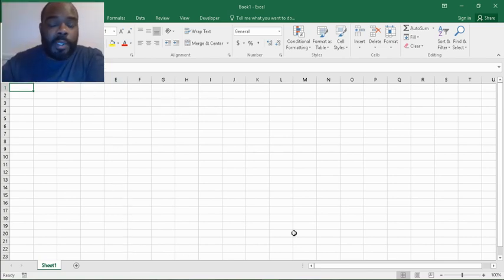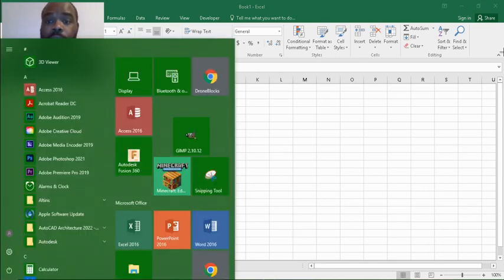And then from here, what I do is split the screen. On one side, I'm going to put the spreadsheet, and on the other side, I'm going to put the instructions that I'll be using. In your case, on one side you put the spreadsheet, and on the other side you can use this video so that you can follow along and perform all the actions just as I do it. Okay, so to do that,